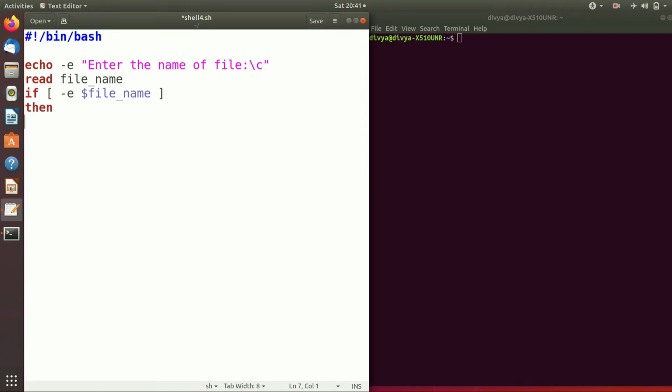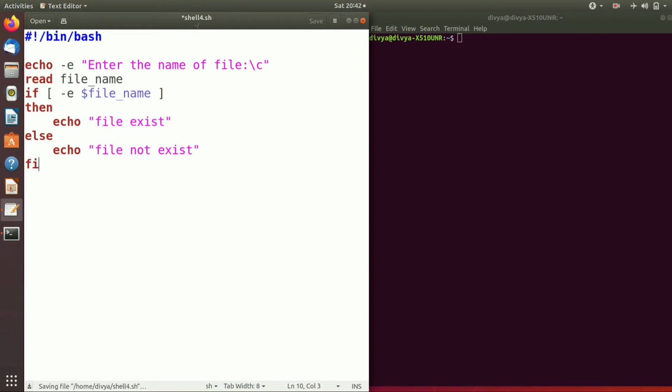Then we have to print the message "file exist". Otherwise, I have to print the message "file not exist". Then fi. Fi is used to end the if statement.